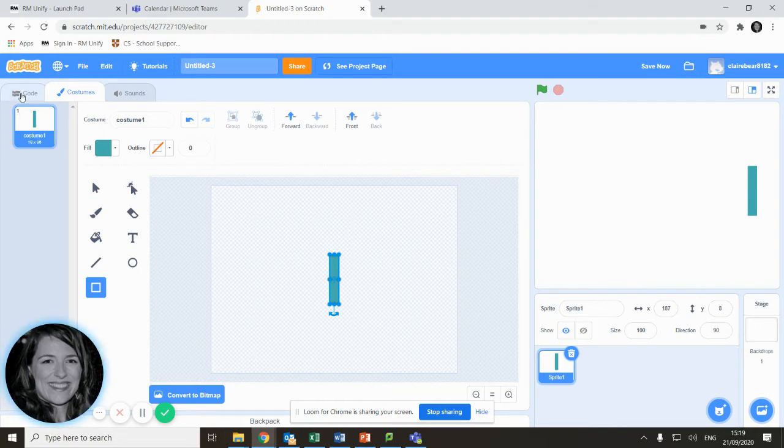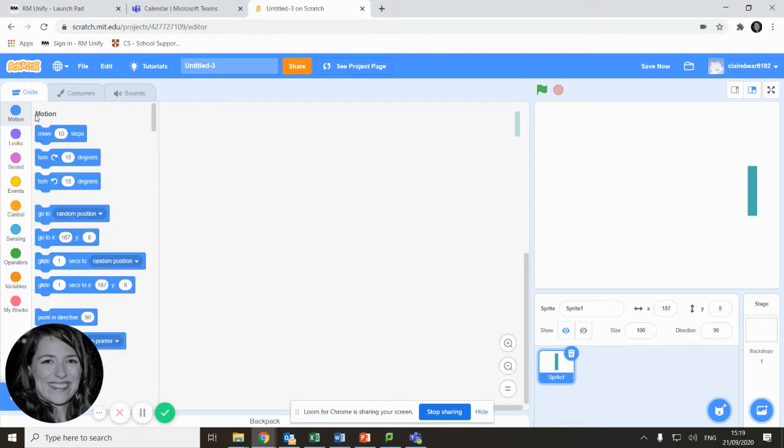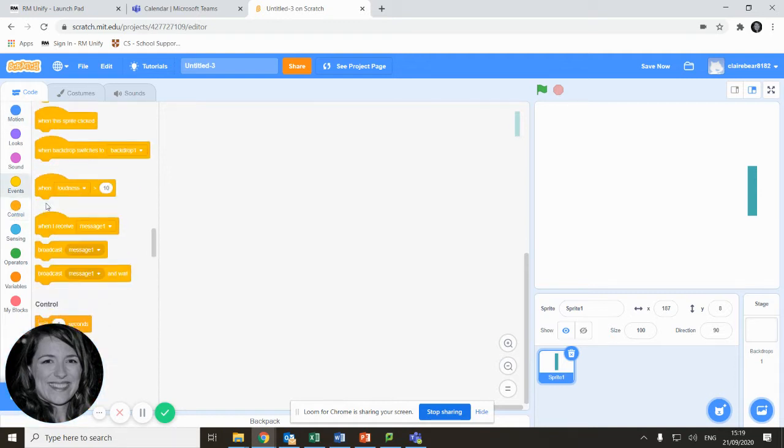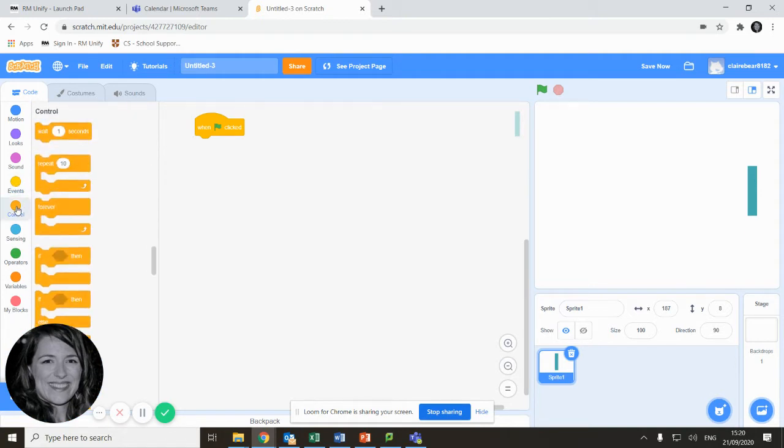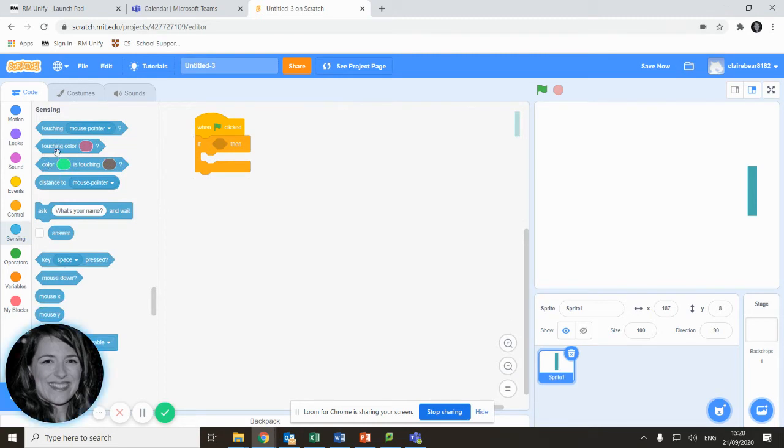Now I need to go back and code it, so I'm going to go to code. What I want to happen here is if I push the up button, I want it to go up, and the down button, I want it to go down. So we're going to use the events when the green flag is clicked. So when the person presses start to start the game, if the up button is pressed, we're going to use an if statement. By the way, there are different ways that this can be done, but this I have found to be the smoothest way of doing it. So if, and we want to sense something, so if the up button is pressed,